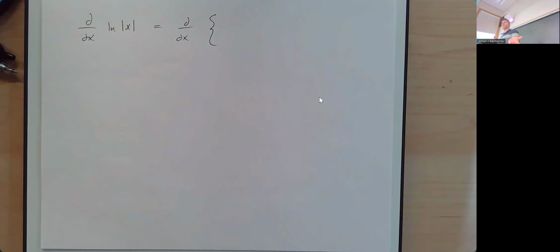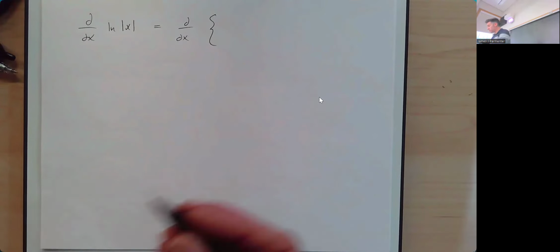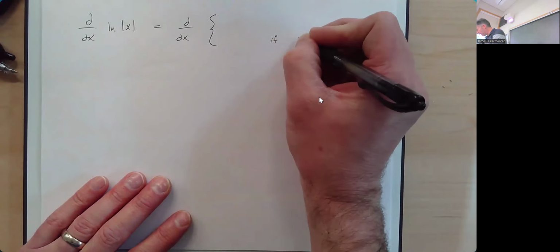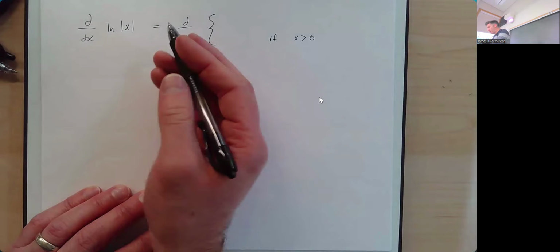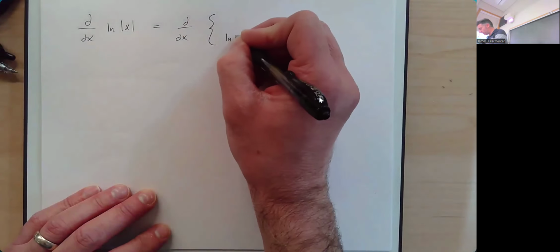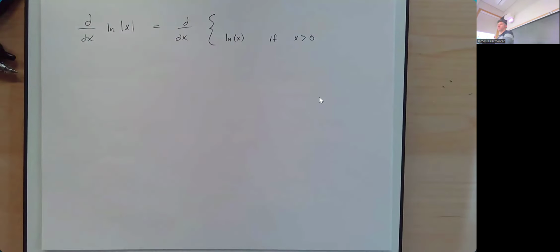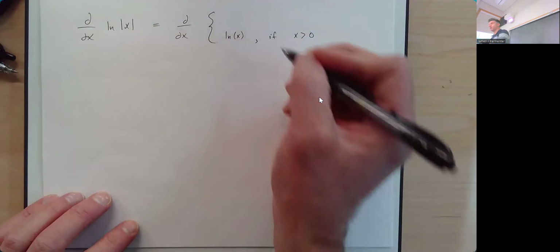Absolute value. The absolute value of a positive number is just that positive number. So if x is already positive, then the natural log of the absolute value of x is just the natural log of x. Joy of joys. On the other hand,